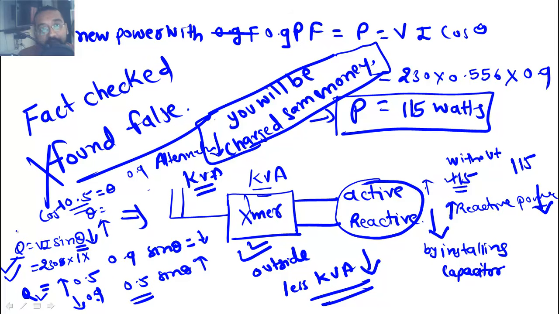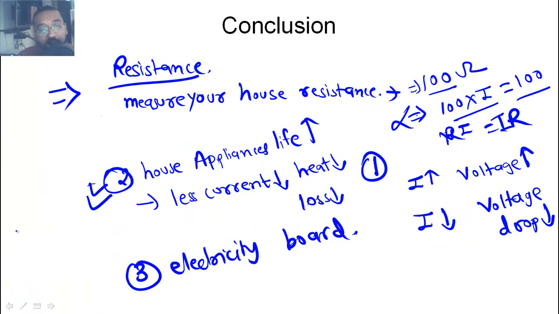So this is the main advantage of installing the power factor correction, but this is not actually affecting your light bill. It will enhance the life of your appliances, it will also reduce the voltage drop across the circuit, and it will reduce the installed devices of the electricity company. Transformer and alternator size would be reduced due to the power factor installation at your home.